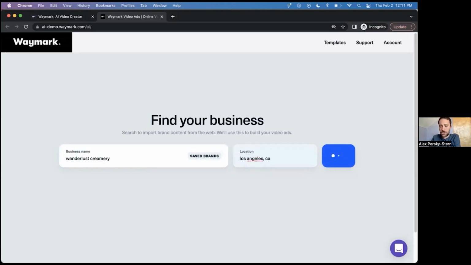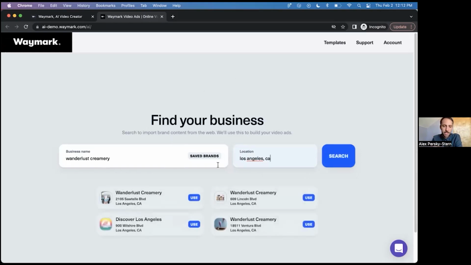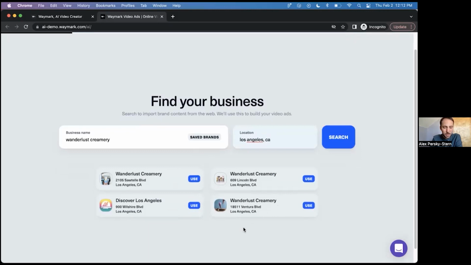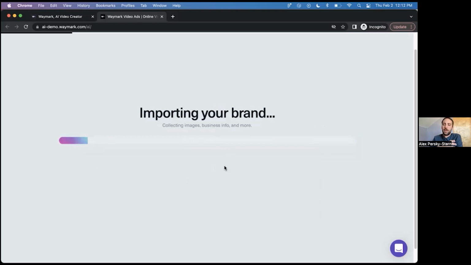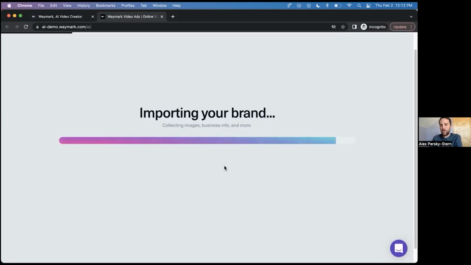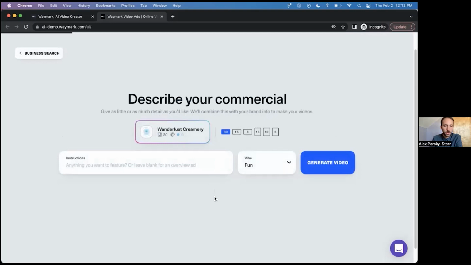All we're going to do is search the web for social profiles on your website. So when I search here, we're doing that search. You can see this ice cream shop in Los Angeles has a few locations. Let me just do this first one. This first step is something that was from our history. We are pulling in information from your social. We're getting images, basic contact info, location, that kind of stuff. We're also reading your whole website using AI to summarize that. So we end up with a pretty good picture of what this business is all about, as well as whatever assets they have online.